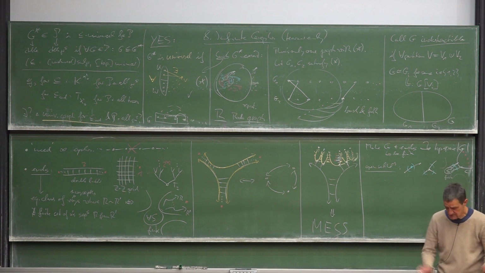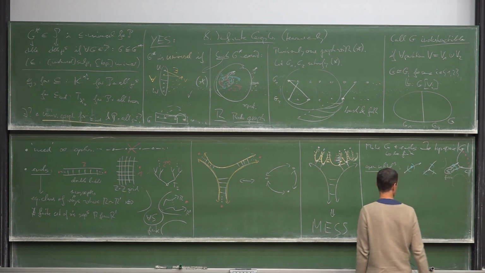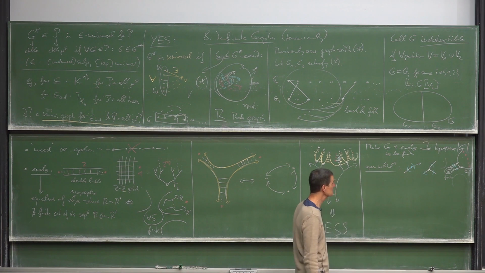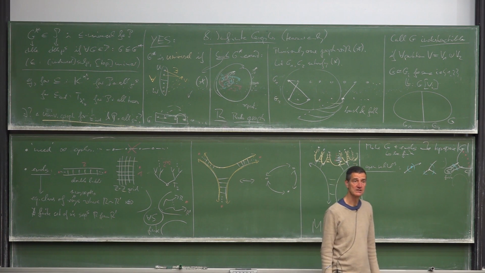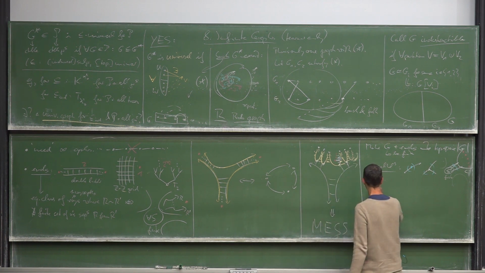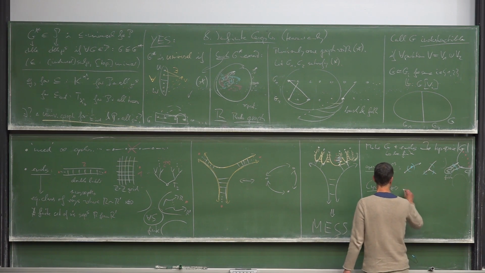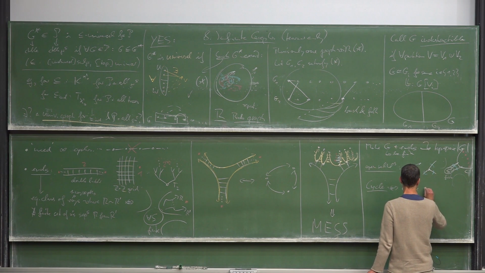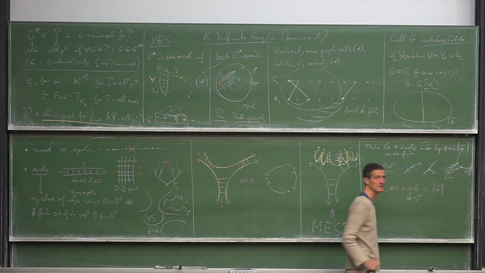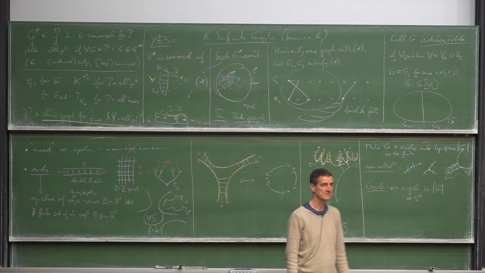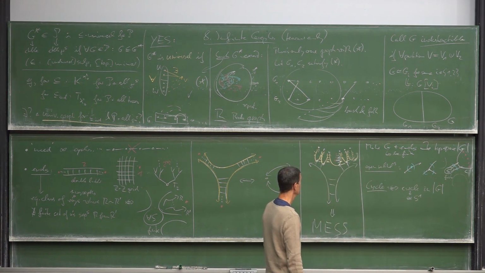Okay, so that's a very simple, standard topological space. And it turns out that if we define a cycle as a circle in this space, and a circle means something homeomorphic to the unit circle in the complex plane, then